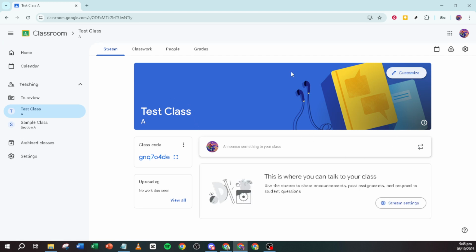And there you have it, a comprehensive setup for using Google Meet for your online classes. By following these steps, you ensure an organized and accessible virtual learning environment. It's an efficient way to manage your classes online, providing a central hub where all information and meeting links are readily available.